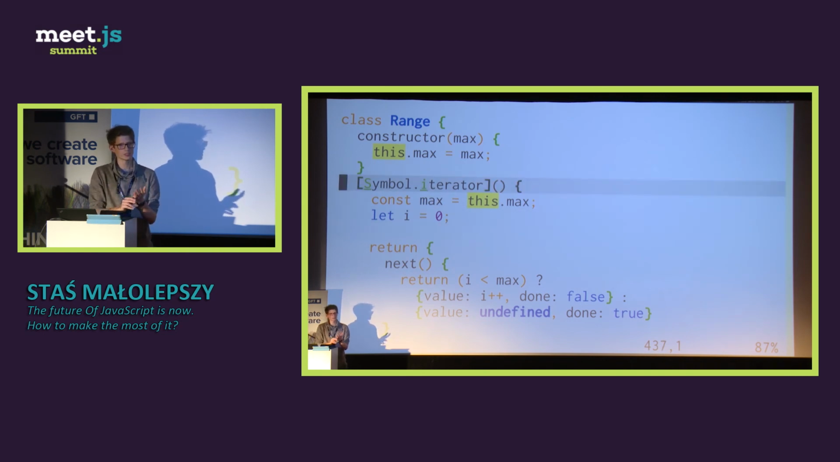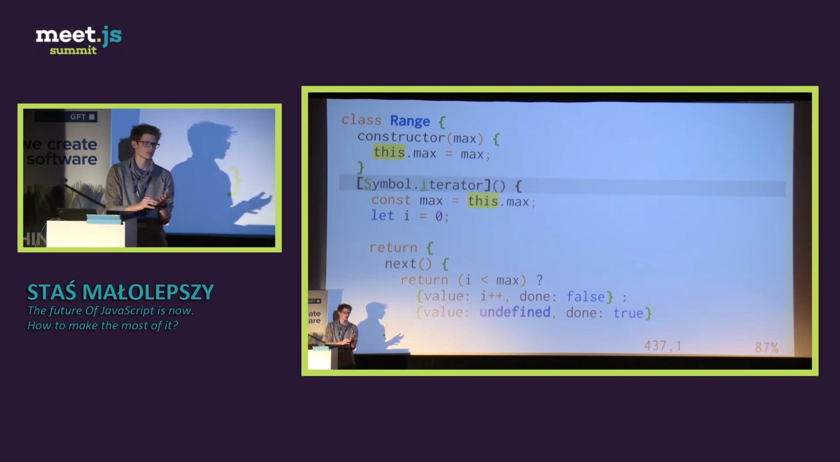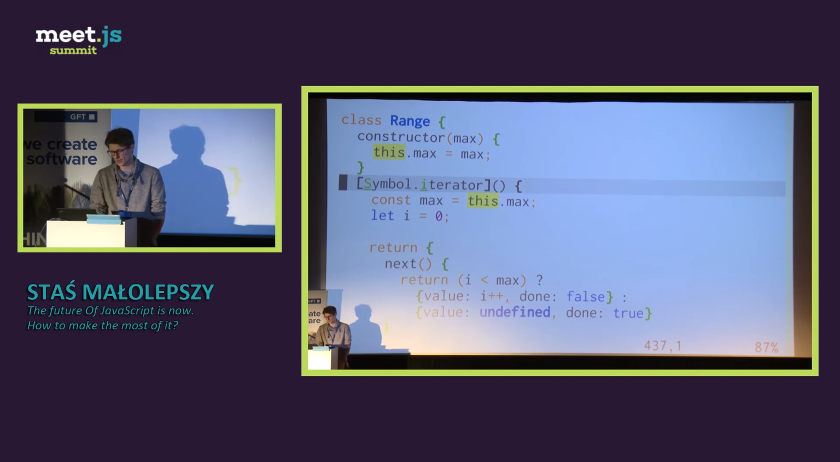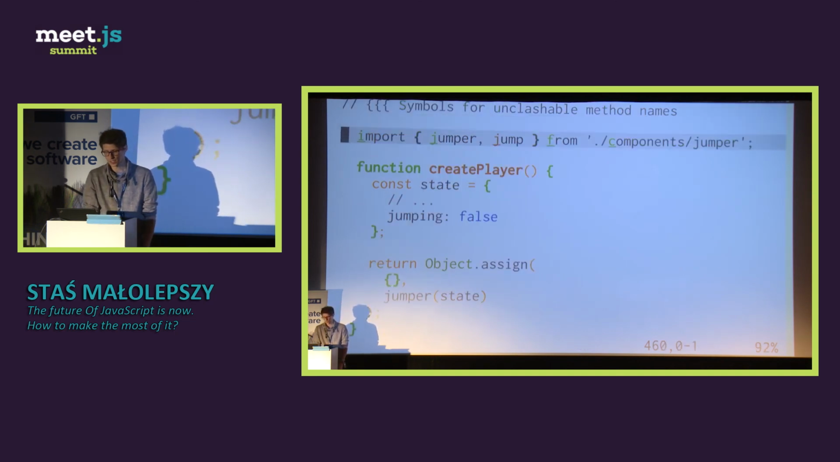The other well-known symbols are things like isConcatSpreadable, so you can define whether or not you can spread it. You can also override the default behavior for match and exec of regex objects, so that's pretty cool. Symbols are also great for defining